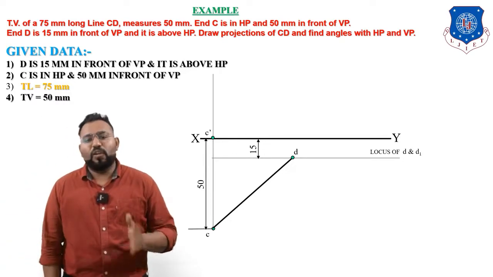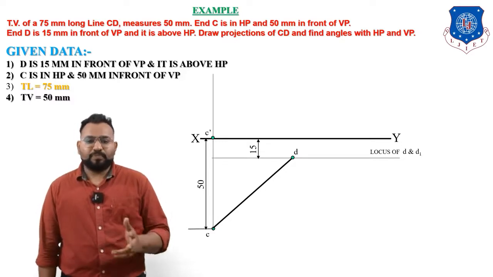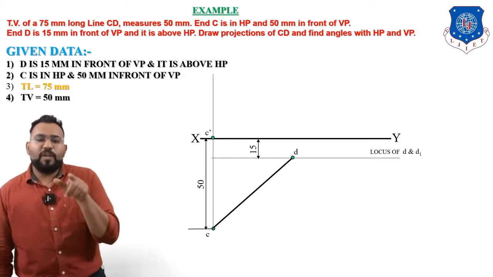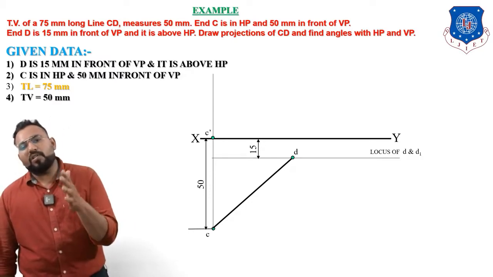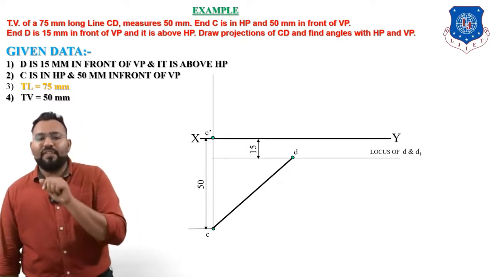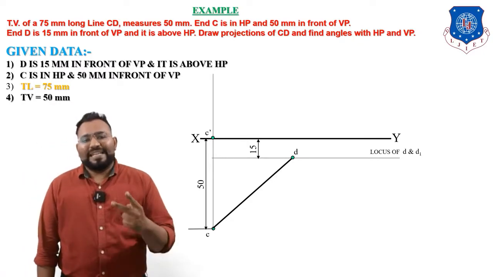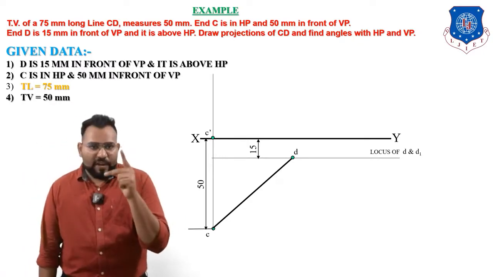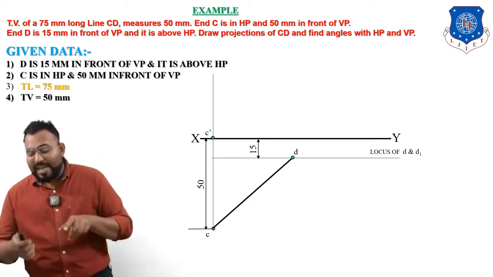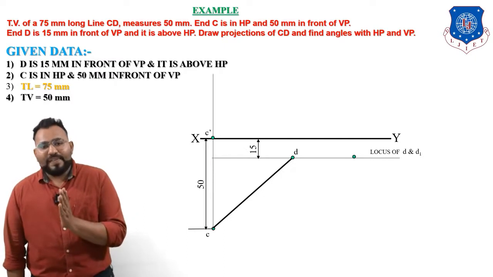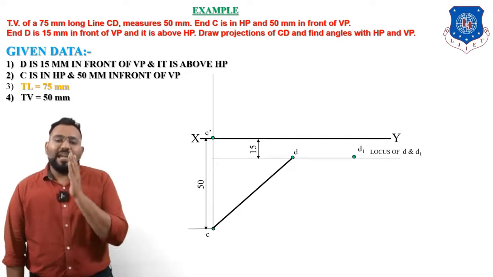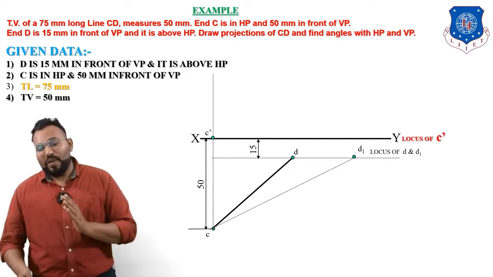Now we have to find the true length. So what we will do? We know that true length, that means in top view it will be CD1. So we know that point D1 is also going to come on the locus of D and D1. We have the value of true length which is given, which is 75 mm. So what you will do? Now we will take a distance equal to 75 mm in your divider and, with C as a center, put an arc on the locus of D and D1. Whenever it intersects, it will be your point D1. So now connect point C and D1, and it will be your true length.